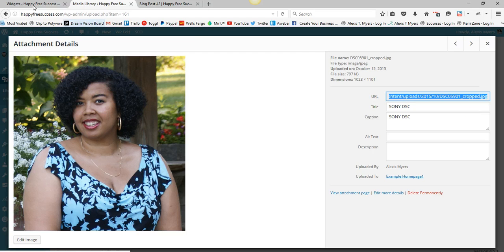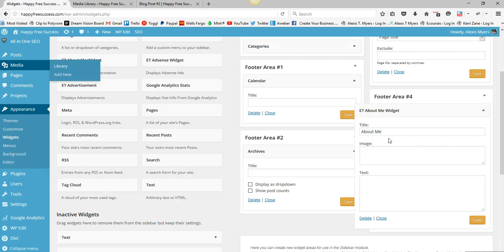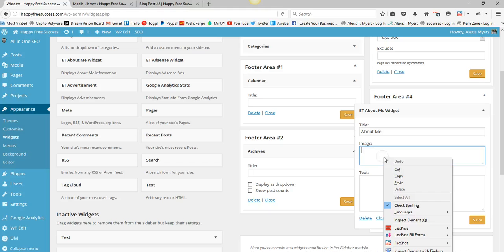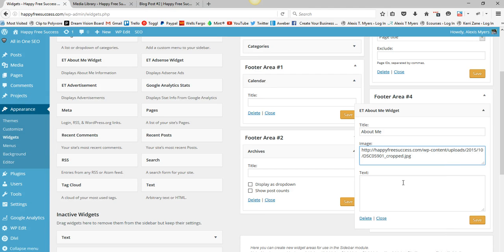So I'm just going to copy that and I'm going to go back over to the widgets page and then I'm going to paste it and there's my image. Okay, and then I'm just going to say example about me paragraph. Of course you will write however much information you want there, and then I'm going to select save,